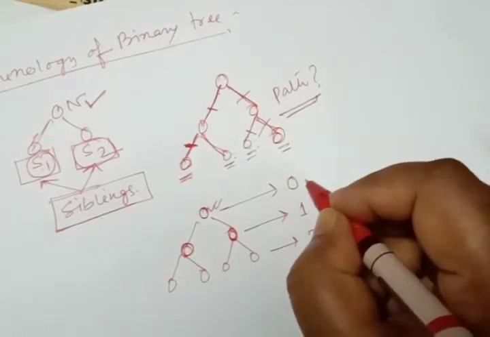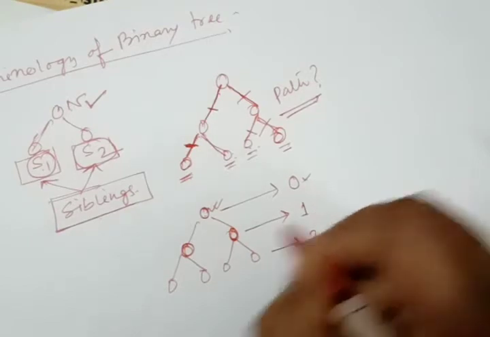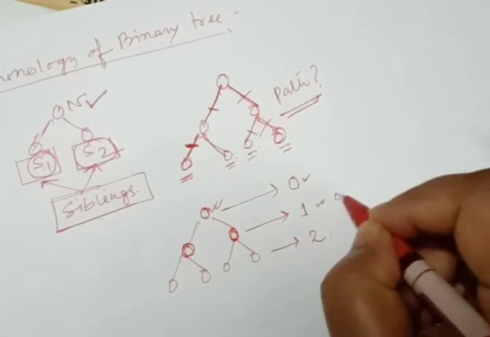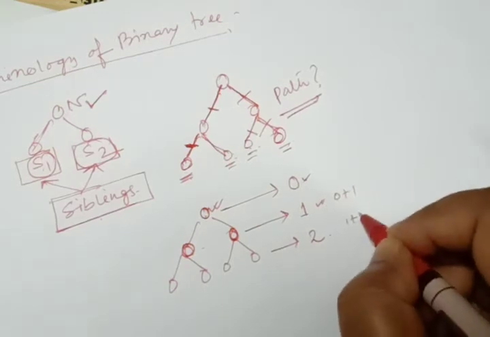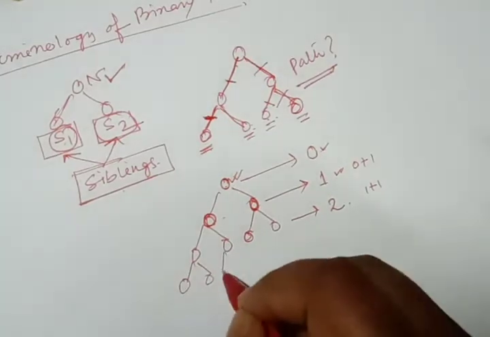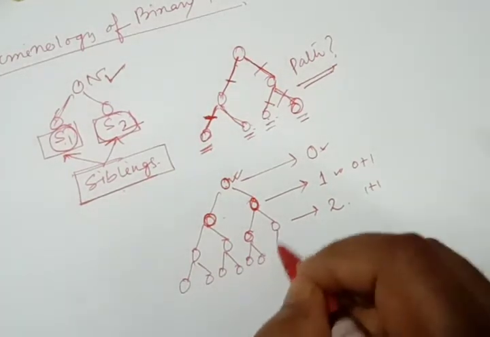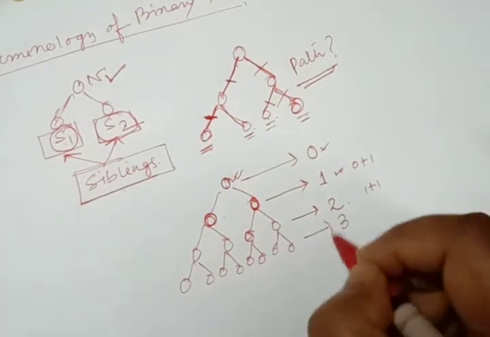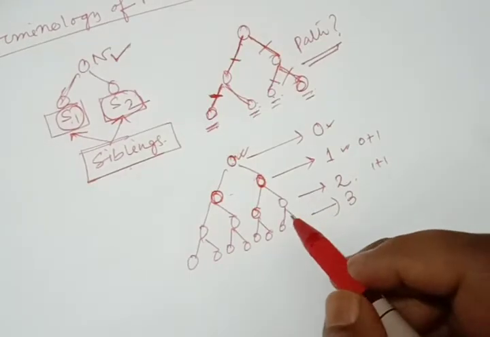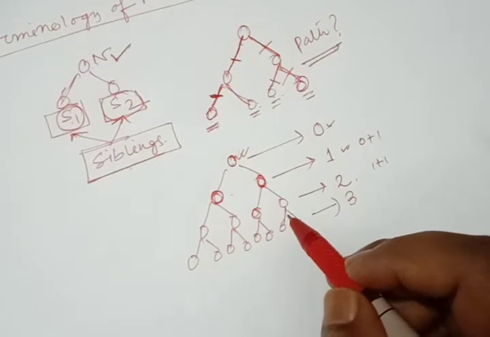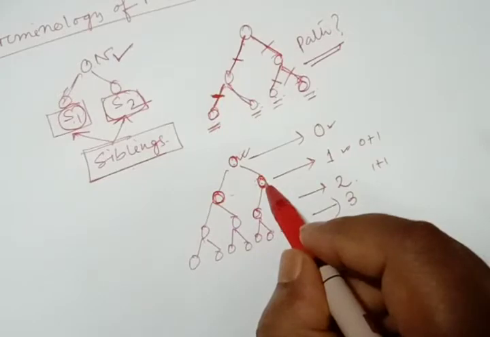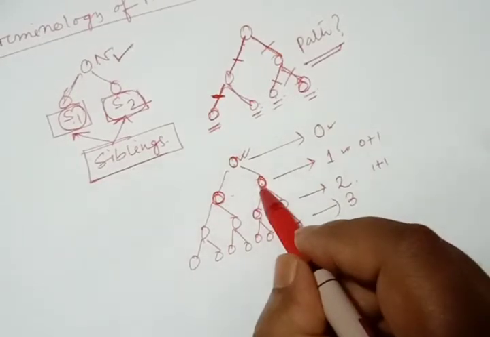The parent of these two nodes is this one, so the label number of this node is 0. Accordingly, its successor label will be 1. So this is 0 plus 1, like this, 1 plus 1, like this. It will increase like this. If there is another level, we'll put a label number 3. Those nodes with the same label number are said to belong to the same generation. So we can say these two nodes are siblings, or these two are of the same generation.